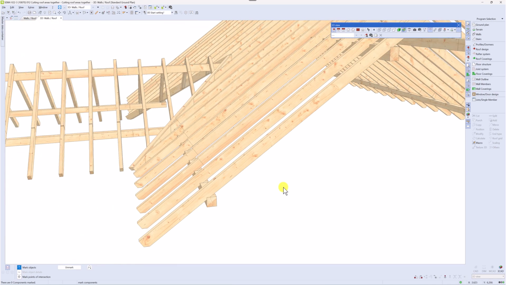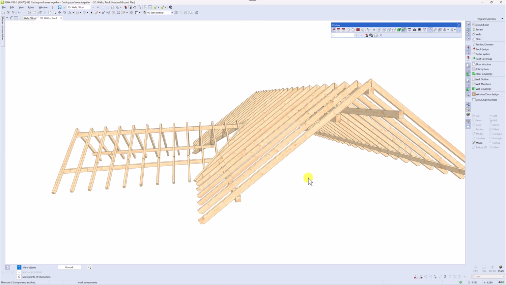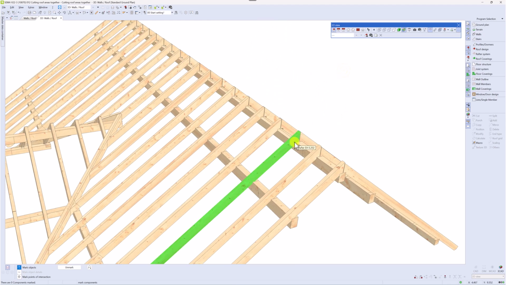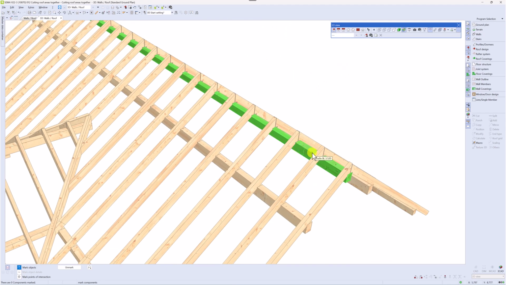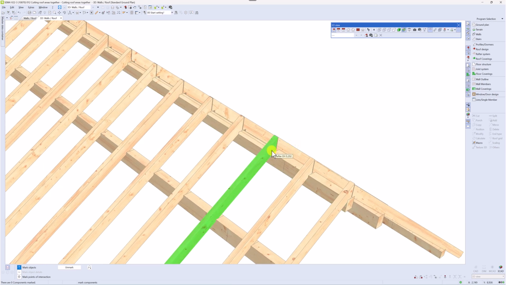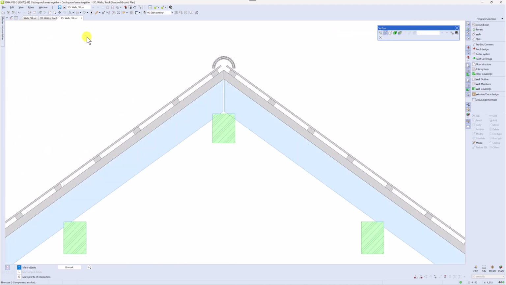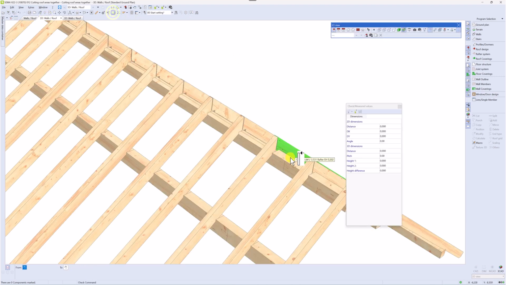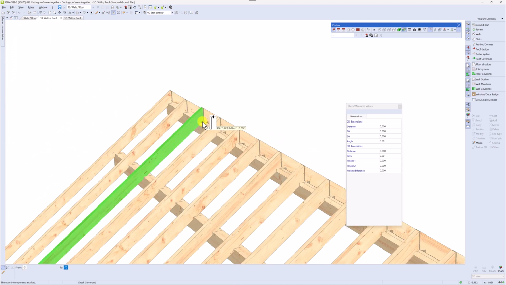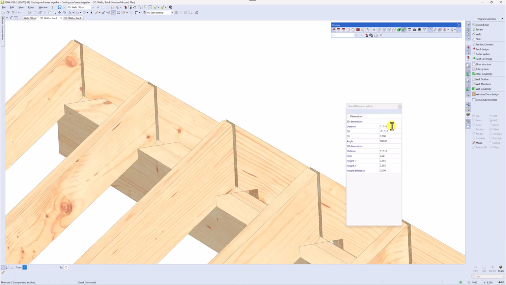Another example could be that you want to cut the purlin to the rafter system. So for example, we could cut it to the rafter, and the rafter should lose its bird's mouth. For that we could create a vertical section on this rafter. And then, oh no, first we should measure the length from here to here, with copy this dimension,